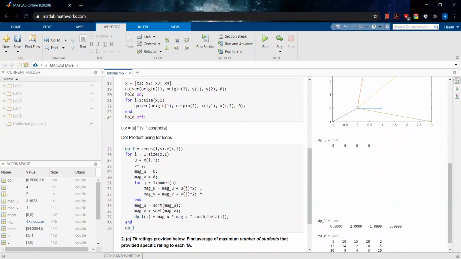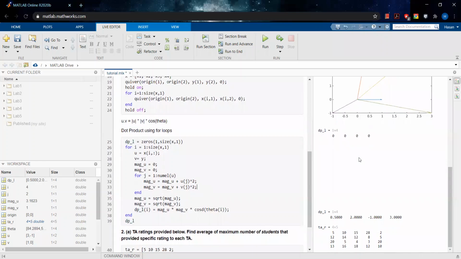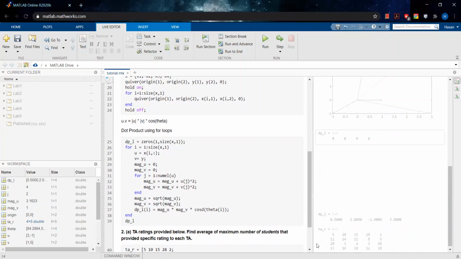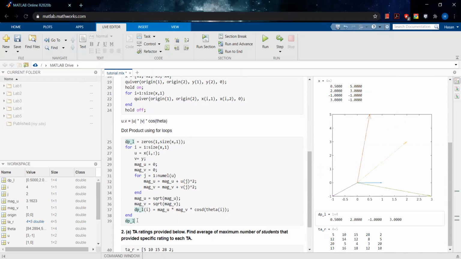But you can be rest assured that it would work, and I can stop printing here, which is why it is giving zeros. But you can be rest assured that regardless of what your y is, we can compute dot products like this. But despite trying to perform some neat coding, this has still resulted in around 15